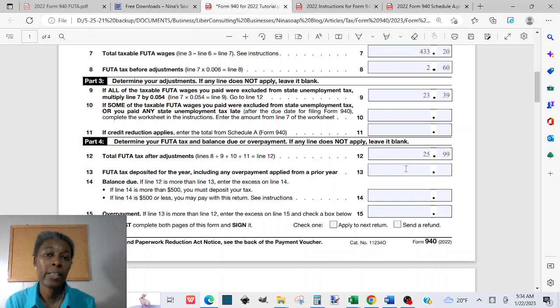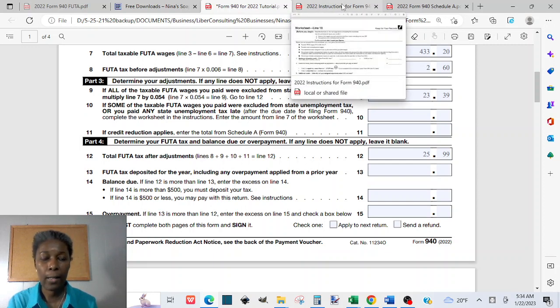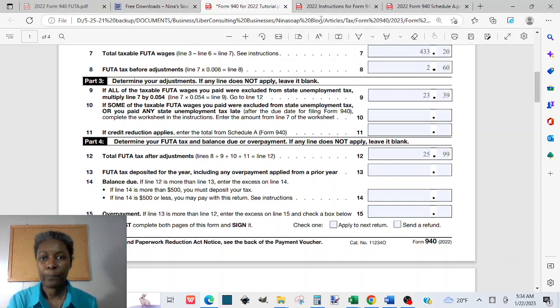If you don't have any refund that you apply toward a future return, or you didn't make any deposit, you leave line 13 alone. But okay, so let's talk about FUTA tax deposit a little bit. There are instructions that will explain it well, but there is